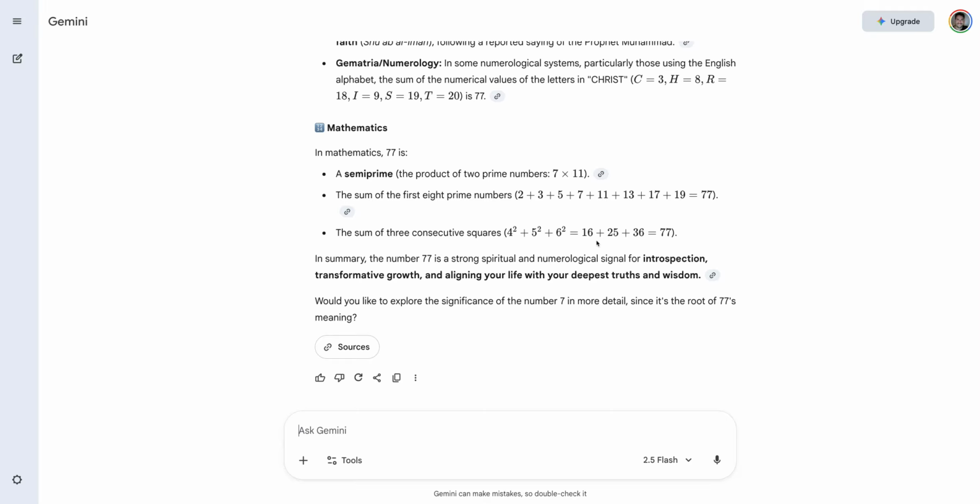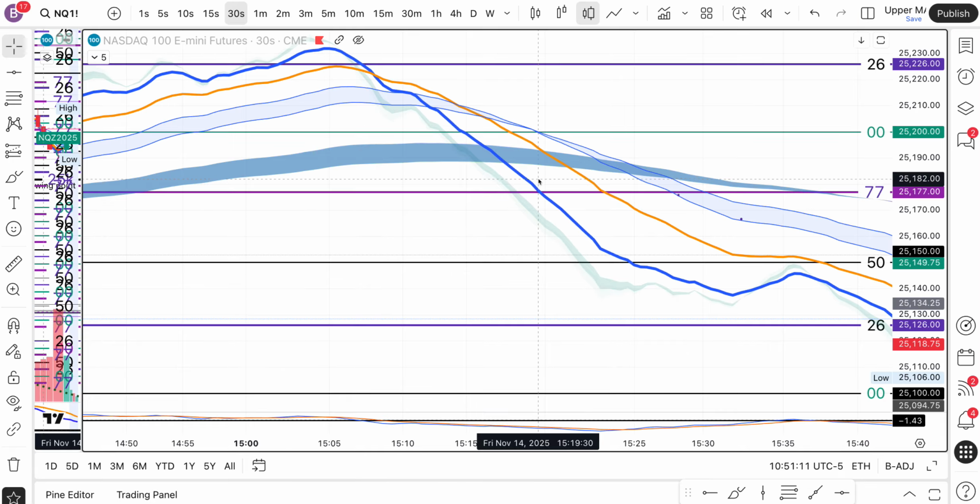77. It's just one of those things that no one can really explain. Trading's kind of mystical sometimes. No one can really put their finger on exactly why people like certain levels more than others. But I'm telling you, 77 is the most powerful horizontal line on the 4. And the great part about it is it repeats itself every 100 points. So if you missed it this time, look for it again in 100 points. It'll probably be there pretty quickly because the Nasdaq moves pretty quickly. Okay,